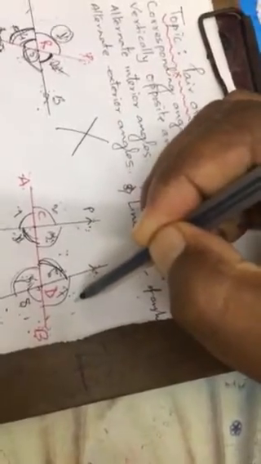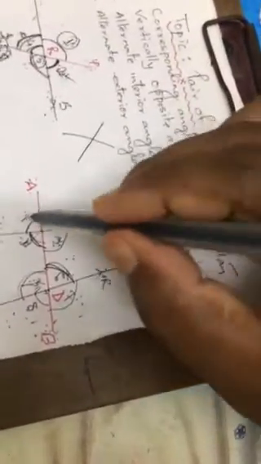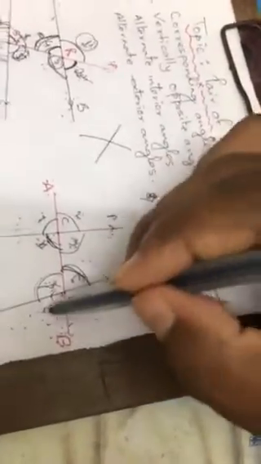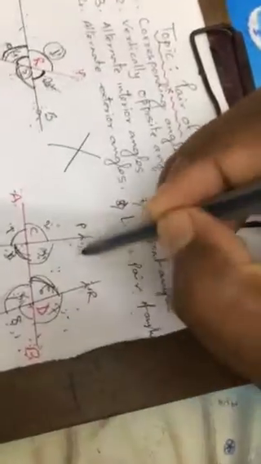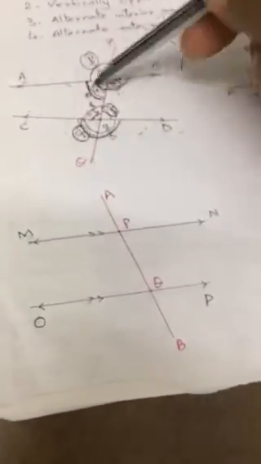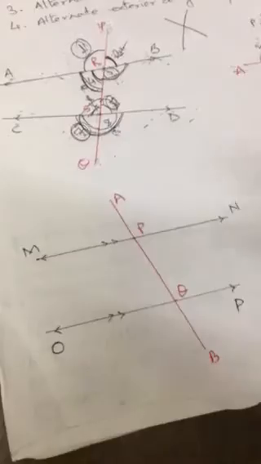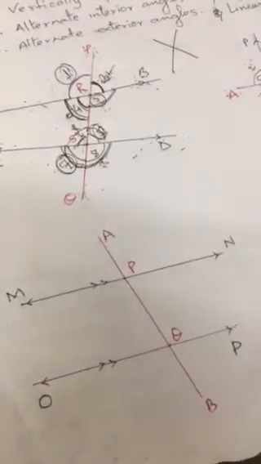And 1, 2, 8, 7 are also alternate, but they are alternate exterior angles. Okay. Alternate exterior angles. 1, 2, 7, 8 are alternate exterior angles. Remember this. Okay. Now I will come to this figure here, so that whatever I have discussed in these two figures will be discussed again here. Okay. But you always keep in mind that